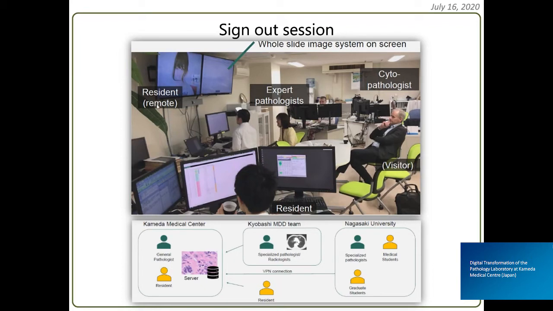So once again, this setup for education is interesting. It offers not only a teaching session, but at the same time, we have several expert pathologists reviewing the same case, and they put in two signatures, let's say, or three signatures under a difficult diagnosis. That means we are simultaneously making a double-checked and validated diagnosis. It's also a kind of quality assurance.